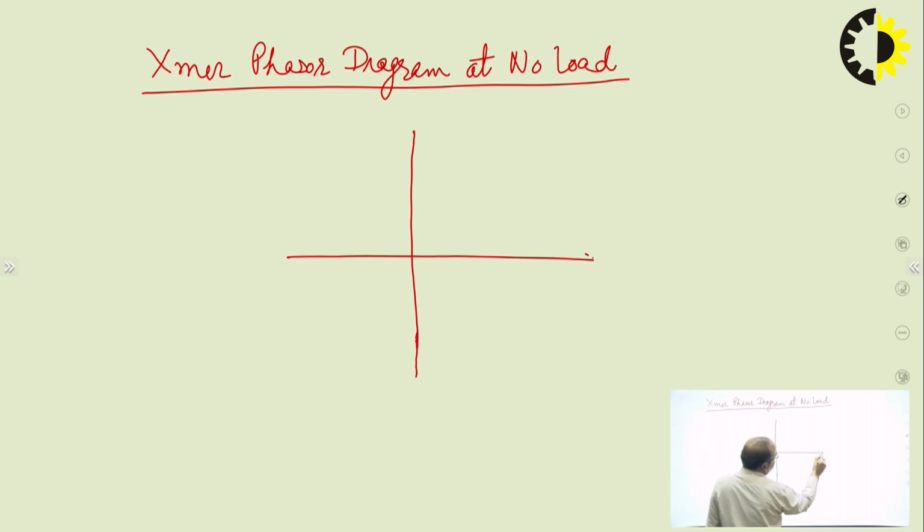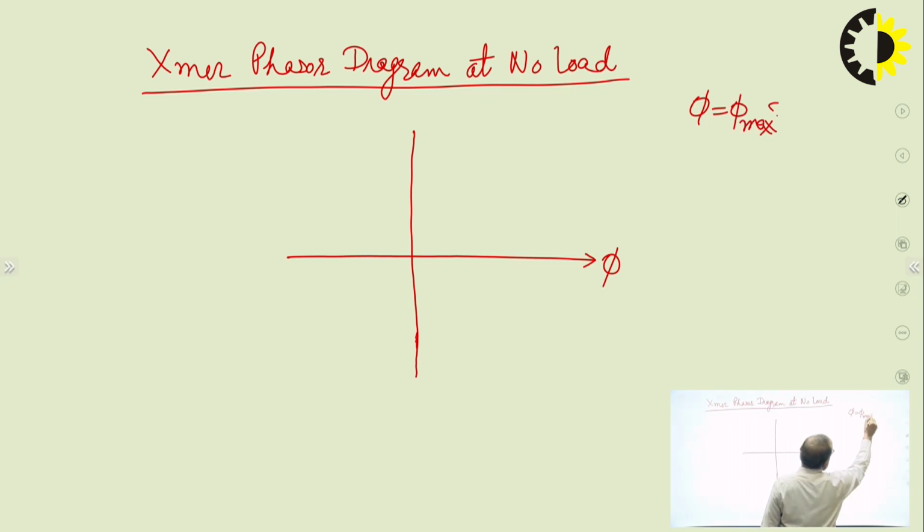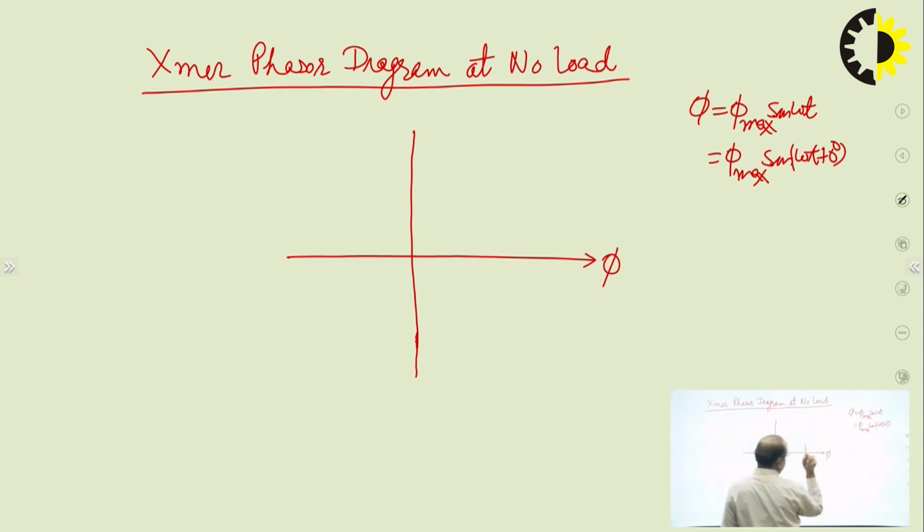On the horizontal axis we take flux. Since flux is taken as phi equal to phi max sin omega t, that means it is along reference. Since with omega t there is no angle, we can also write it as phi max sin omega t plus 0, and that means there is no angle with omega t. That's why this is along reference. Now the induced EMFs of the two sides will be lagging by 90 degrees from the flux. That we have already seen in the recording